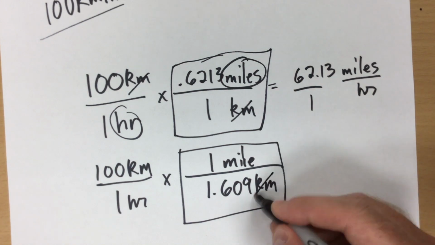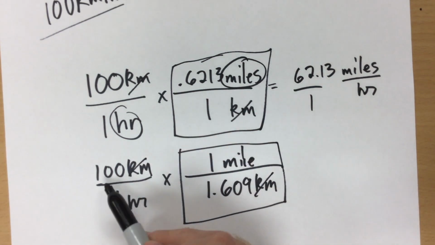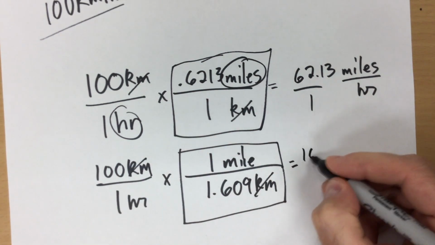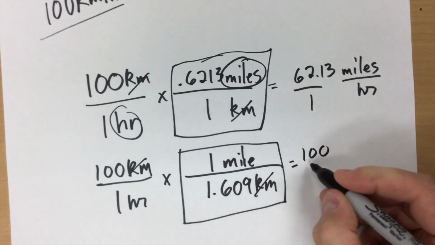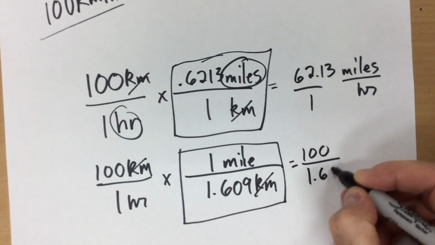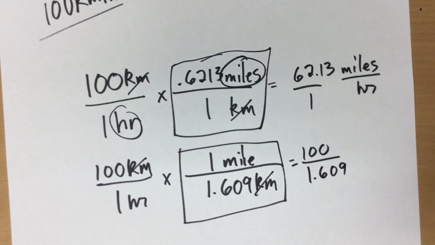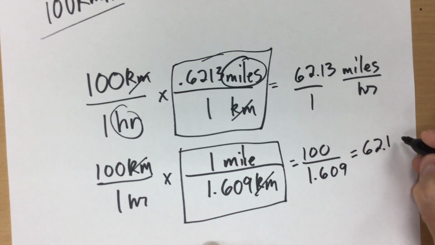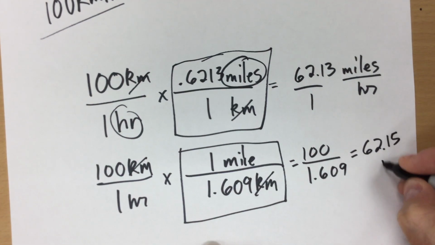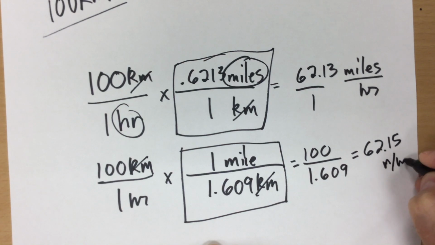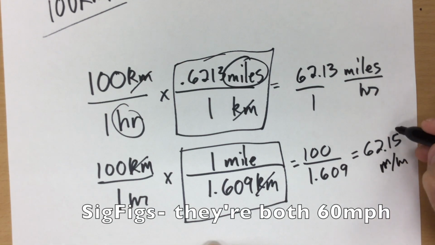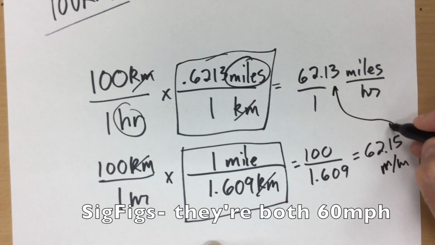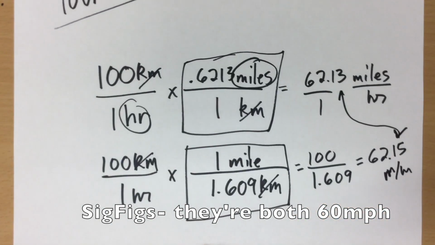So now, in this case, I'd cancel out my kilometers. I would take 100 times 1, which gives me 100. I would take 1 times 1.609. I get 1.609. And I'm going to divide those two. And I get 62.15 miles per hour. Not exactly the same, but close enough in our situation to realize both of these are the same type of